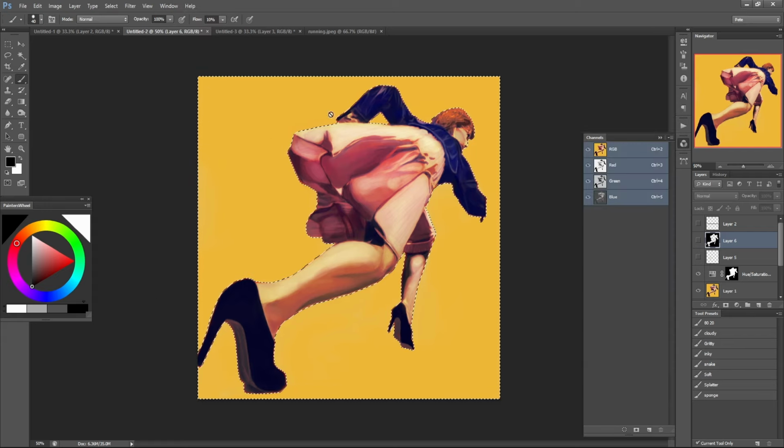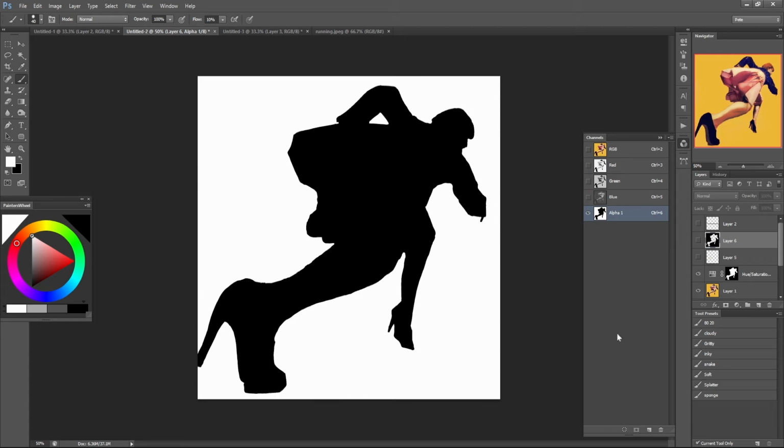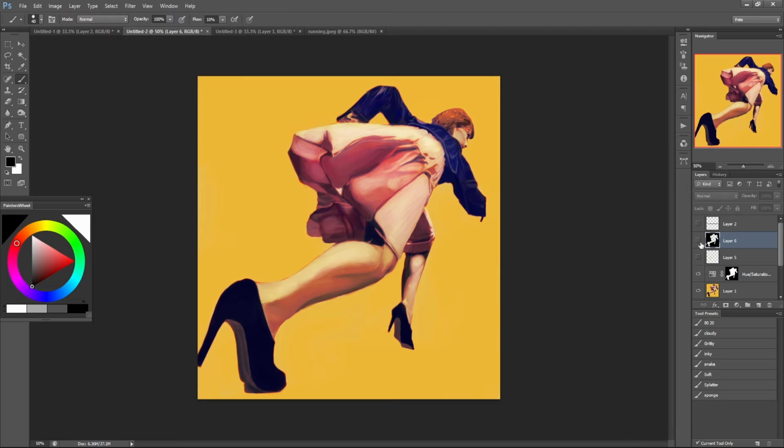The same can be done. I had a teacher back in college that would create channels. You can create additional alpha channels in the channels tab in Photoshop, and then use them to save selections because it doesn't show up as part of the image, but you can use that as a repository of pre-made selections. So if you have something like this, you can then